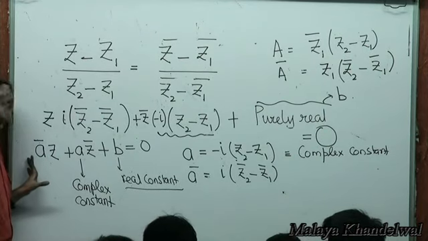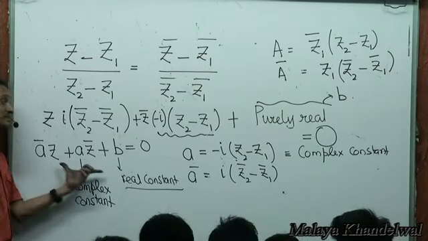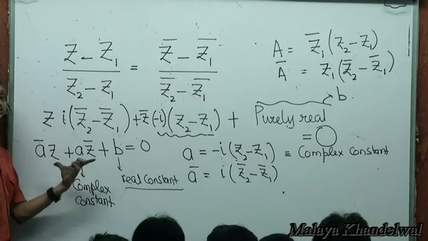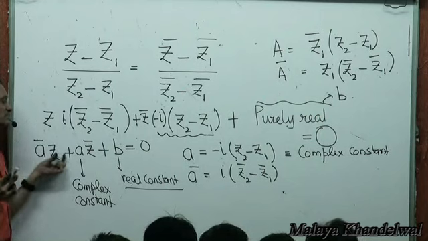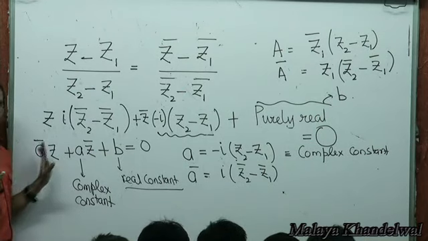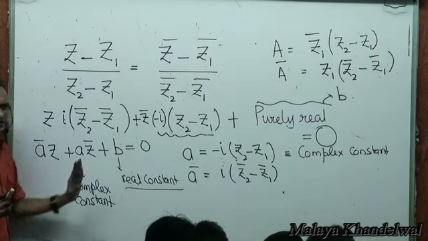So any point lying on the line joining z1, z2 must satisfy this equation. This is the form of the equation of a line: A bar z plus A z bar plus B equal to 0,